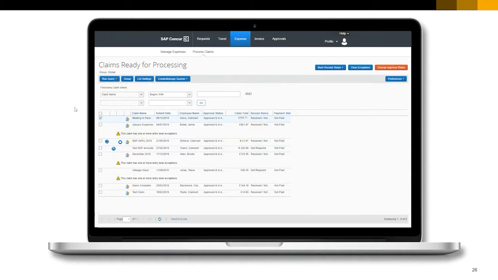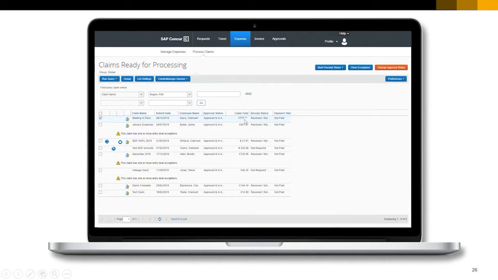Freddie, once a week, will log into Concur as part of her Thursday morning task list, and she's going to go through and review all the claims that have been submitted and are waiting approval and final tick off from her ahead of going through into the payment batch. So we can see here up the top, and I'm sorry if it's a little bit small on your screens, but we're able to see that